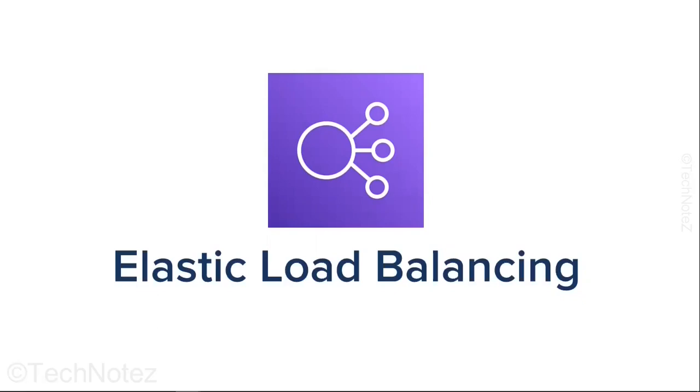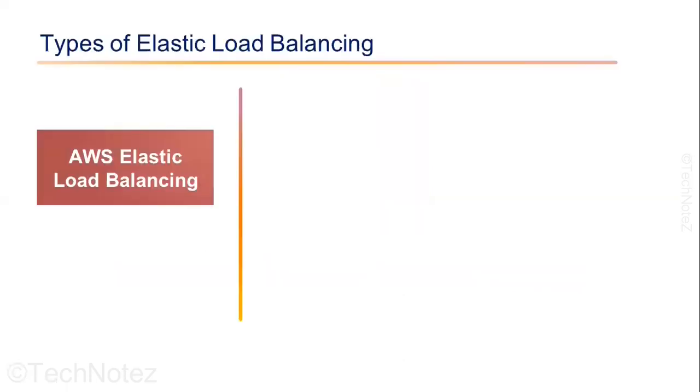When you host the application on AWS, you will always want your application to be always available. Elastic load balancing is a service that automatically distributes the incoming web traffic across multiple EC2 instances to ensure that your application is always available and can handle a large number of requests. When a user requests to access your application, ELB, or elastic load balancing, will automatically route the request to one of the available instances, ensuring that the load is distributed evenly and no single instance becomes overloaded. It also checks the health of the instance before distributing the load and automatically routes the traffic away from the instances that are not healthy.